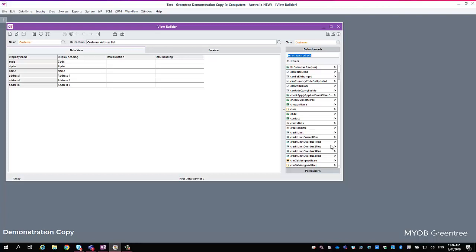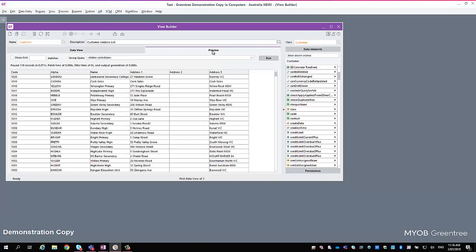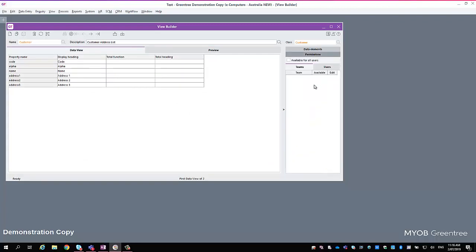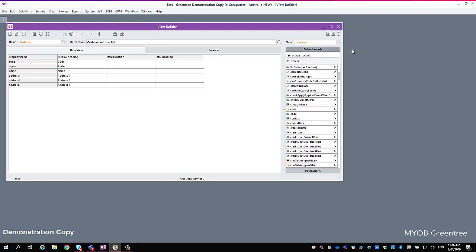You'll notice here that I've also got permissions. So as well as just using this view as a set of data that I might want to export, I can also assign this view so different users or teams, I can make it available for all, can see it. And here we go, so there's my list of users. Is it available? Am I allowed to edit it? Fairly self-explanatory as to what you can do there. So within this,